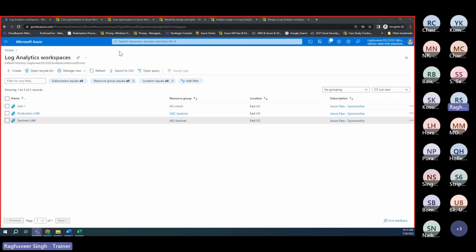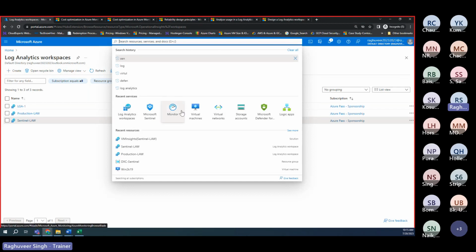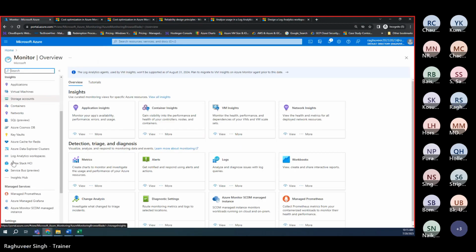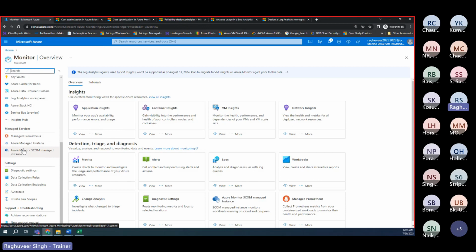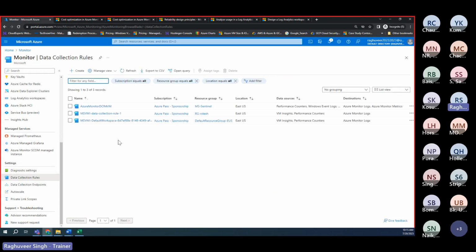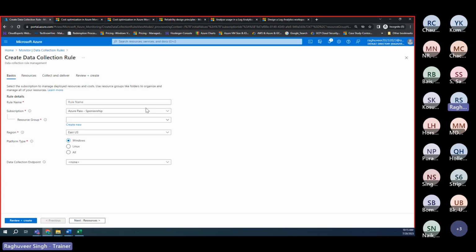Okay, so what we need to do, we will need to click on Azure Monitor, and under settings, there's an option that says data collection rule. So let's click on data collection rule and let's create a data collection rule, all of you. And this is where you will see how we integrate this data collection rule with the Azure Monitor agent